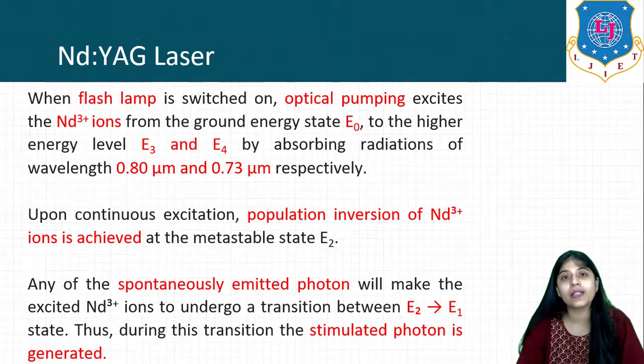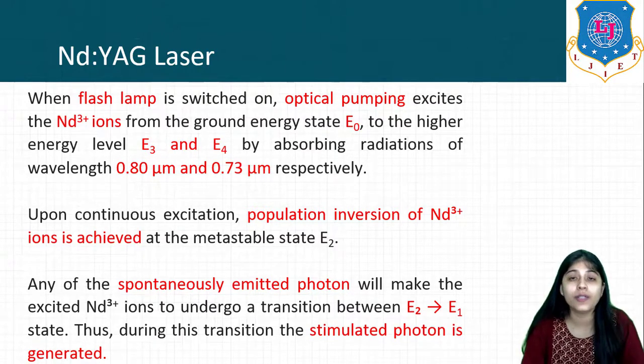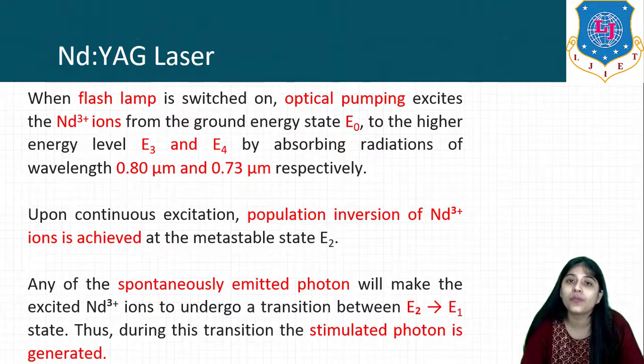For example, the helium neon laser is a gas laser. In that laser, helium and neon atoms or ions of gas are used as the active medium, and inelastic collision pumping is achieved. In chemical lasers, chemical reactions are used for the pumping. So different types of pumping are adopted in different types of lasers. So this is all about this session.